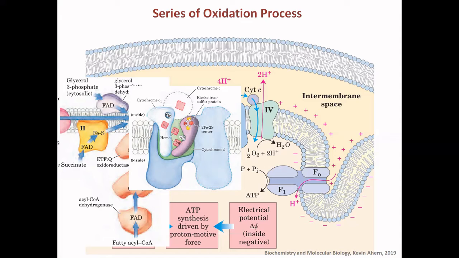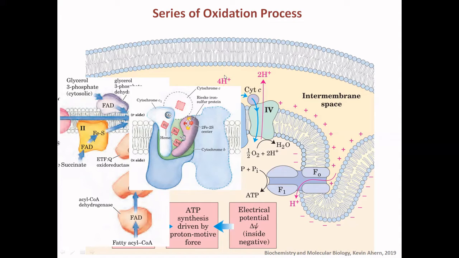So in this process, the reduced quinol, we can see here, oxidizes itself and transfers its electron, reducing the cytochrome C in the phospholipid bilayer, so that after that the cytochrome C will move and bind to complex 4. But during this process, the energy released is utilized in pumping another 4 proton molecules from the matrix into